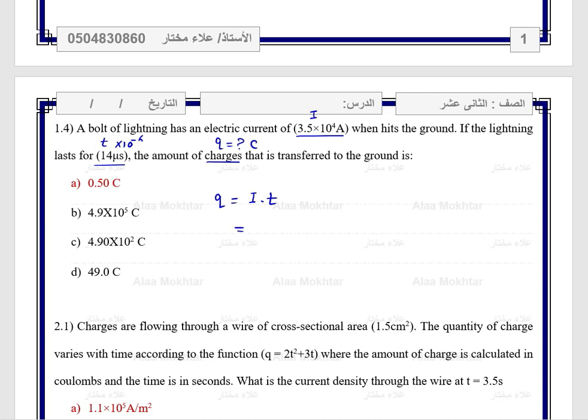It's equal to 3.5 times 10 to the power 4 multiplied by 14 times 10 to the negative 6. The answer will be 0.49. It's around